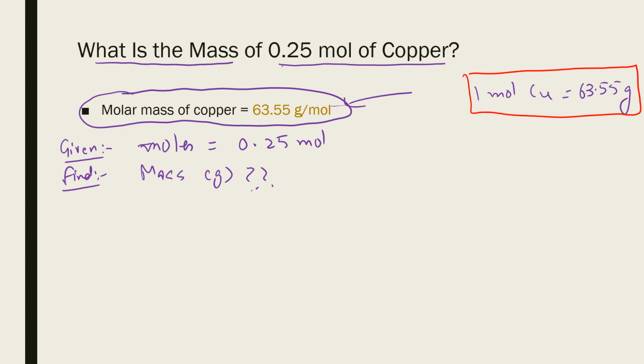Now in this case, moles are given and we want to find the mass, moles to mass, and of course we're going to need a conversion factor. So let's plug in the value and then we'll see which conversion factor is the right choice, left side over right or right over left. So let's plug in the value first. How many moles do we have? We have 0.25 moles of copper